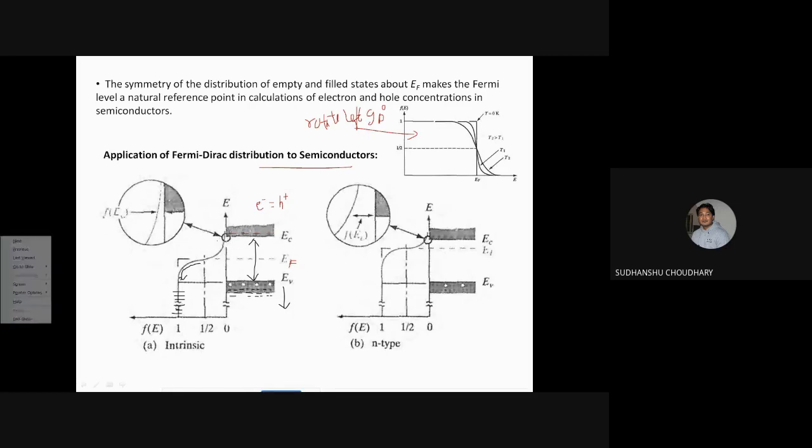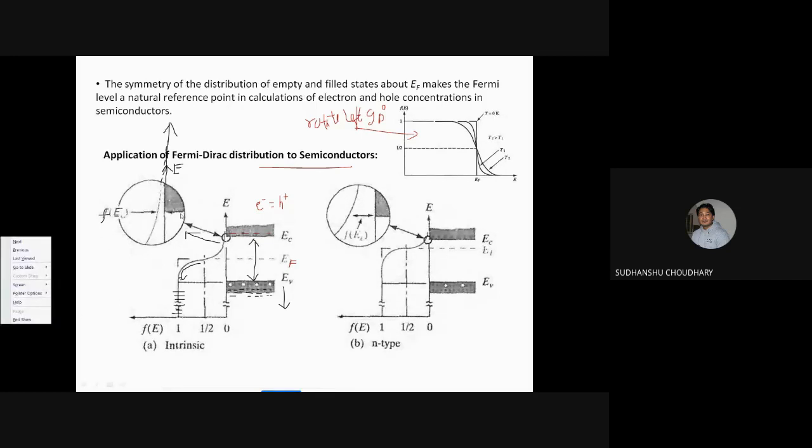So if I zoom this portion, so this portion is zoomed over here. So here I see that this line is Fe, the probability of finding an electron. So we see that the probability of finding an electron is decreasing. This is energy. So as you are moving above, increasing energy levels, you find that the probability of finding an electron is decreasing, right? So at higher energy levels, this will be 0. The probability of finding an electron will be 0 at higher energy levels.